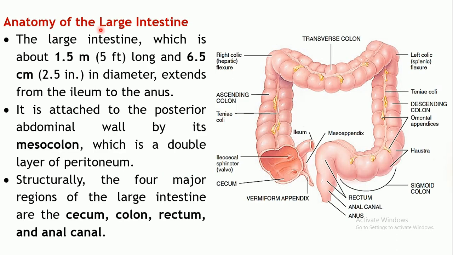Coming to the anatomy of the large intestine, this is the large intestine. This is the last part of the small intestine, that is the ileum. Part of the ileum is shown over here, and at the end of the ileum there is a sphincter, as we have seen, the ileocecal sphincter or ileocecal valve, which guards the opening of the small intestine into the large intestine. So from here begins the large intestine, and it's a tube-like structure which continues till the anus, which is the last part of the opening of the large intestine towards the exterior.